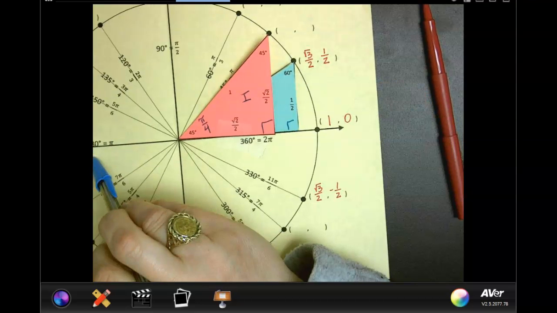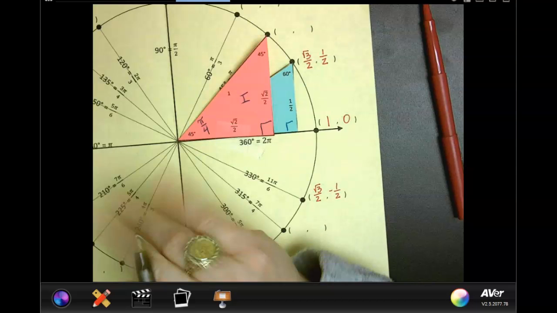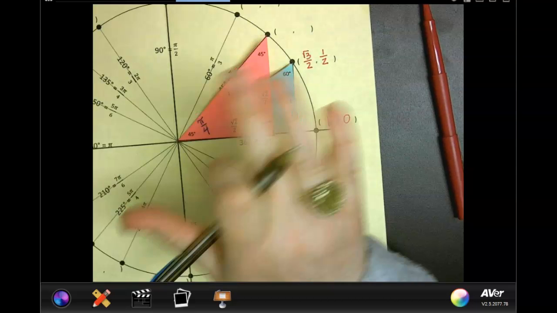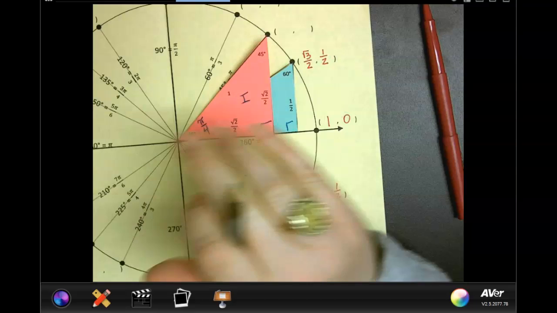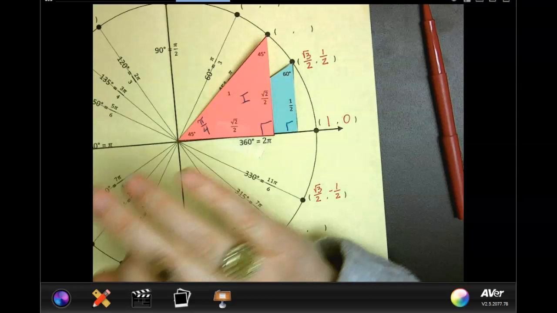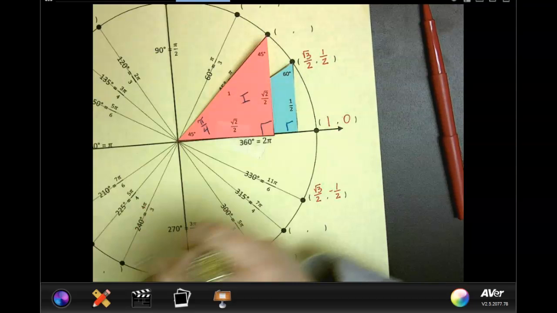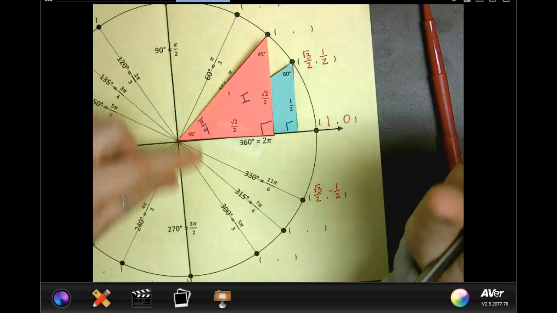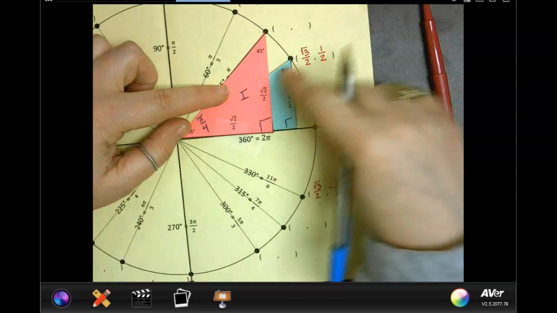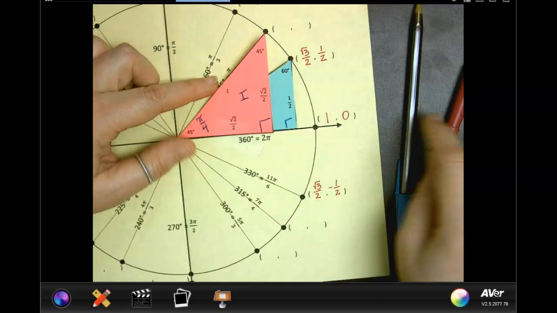180 is pi. So 90 is pi halves. That makes sense, right? Then half of pi halves is going to have to be pi fourths, and half of 90 is 45. So at this point, we should at least know and understand those, and we're getting to the rest. Okay? All right, so now that I have that taped down, I'm going to reflect it down, just like